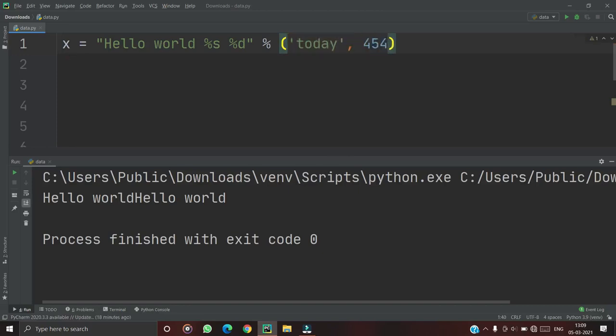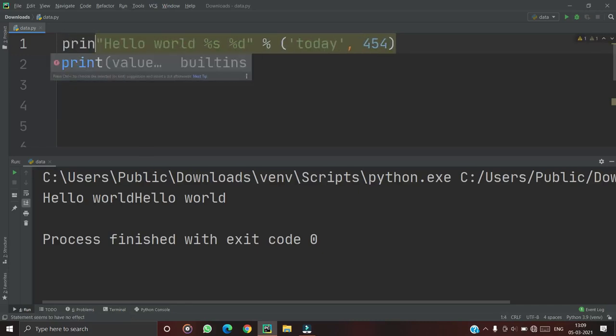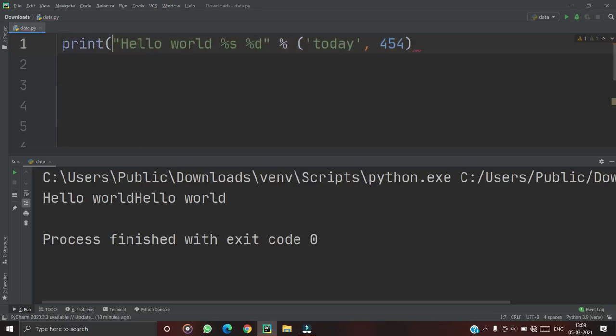If I print this, there you go. Here it will automatically add this string, this word, and this number. Like this you can add any string.